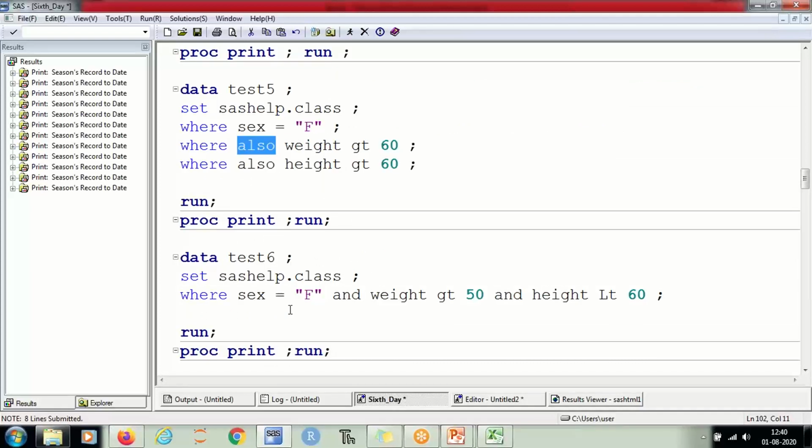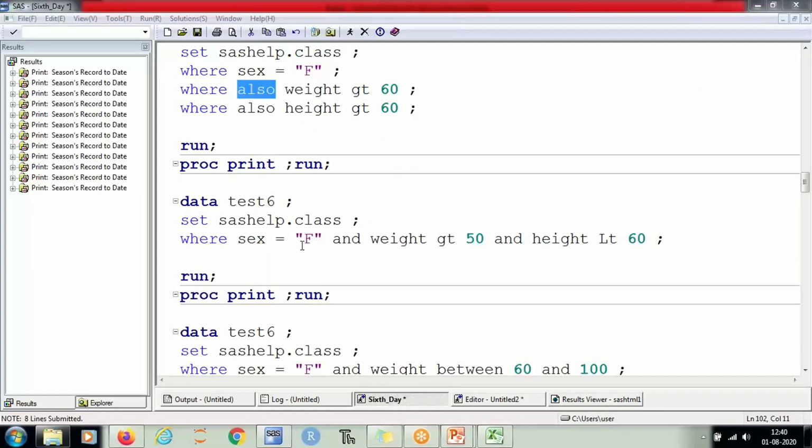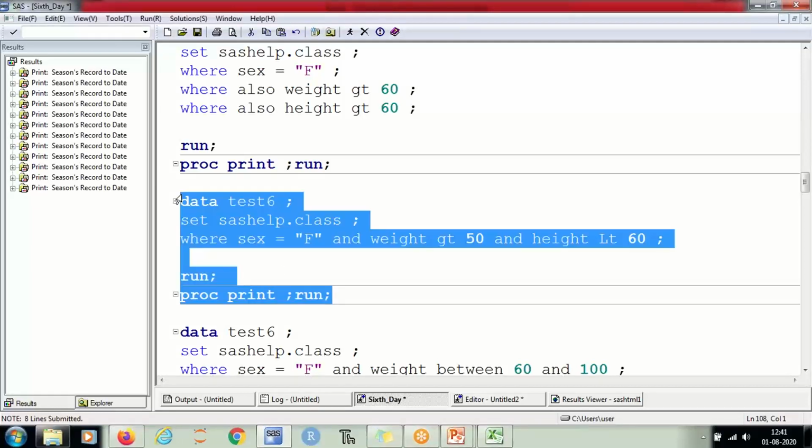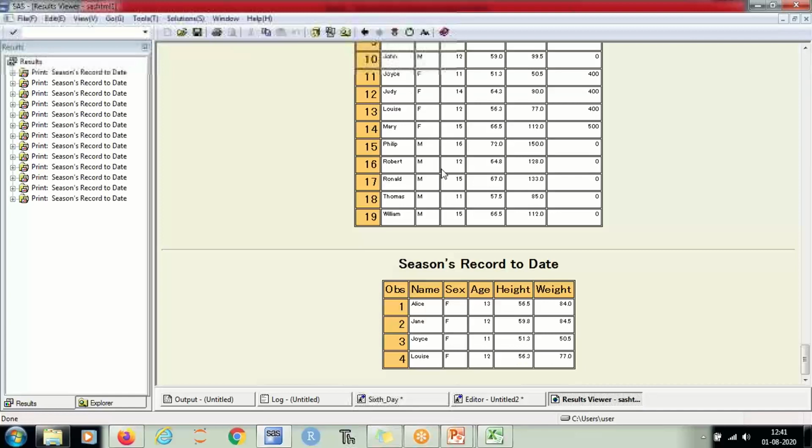This will give me the same output if I write it with if. So you got the output for the condition which you have mentioned in this program, where gender is this, weight is greater than this, and height is less than this.